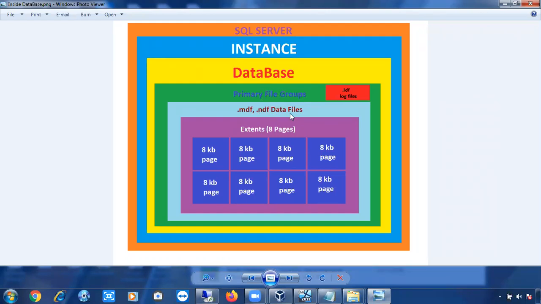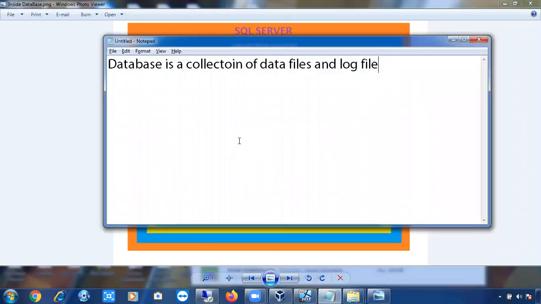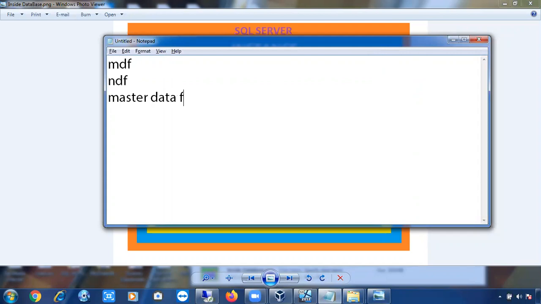One is the MDF file, master data file, and the second one is the NDF file, next data file or new data file.